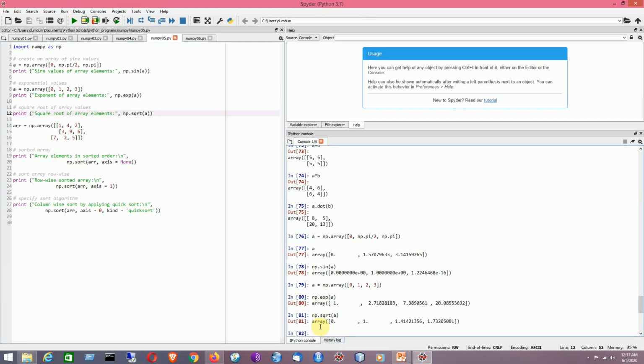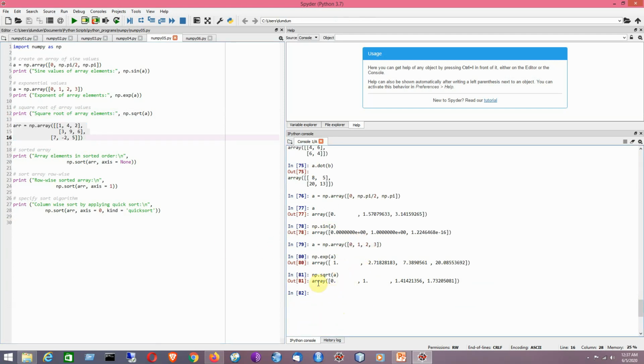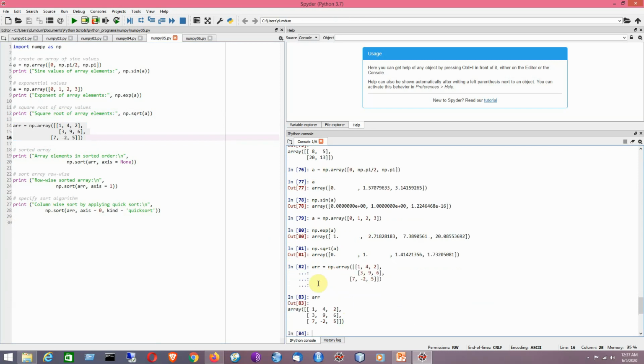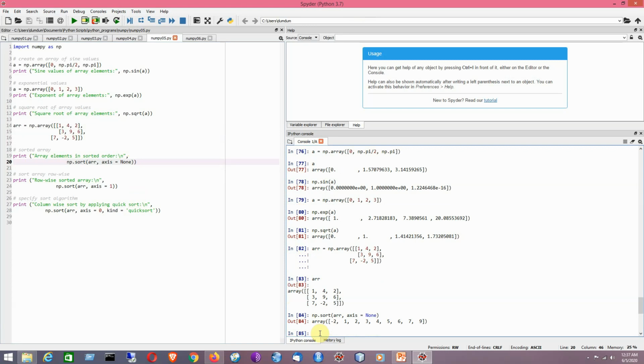Okay, so that is the idea. So it has taken this array as the original array. Now I will be taking another array, which is basically a two-dimensional array. So I can check it here also. It has 3 rows and 3 columns. Now I would like to arrange them in sorted order, irrespective of their row or column. Clear? So they have been sorted here.